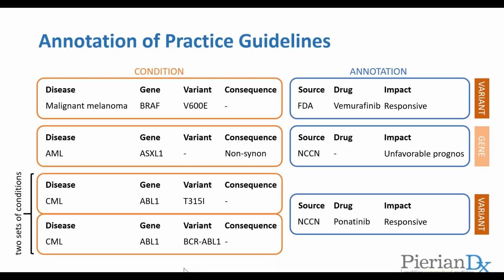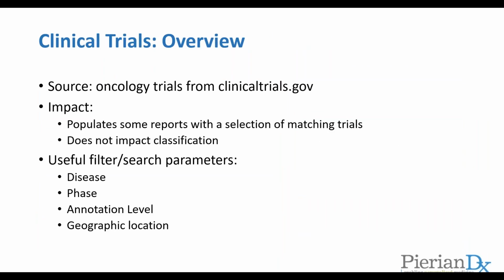As an example of a gene level annotation from a practice guideline, here we have an ASXL1 annotation in acute myeloid leukemia, and here we have no specific variant syntax. We have the consequence of non-synonymous. So any non-synonymous change in ASXL1 could fire this rule, where it's shown that NCCN doesn't have any drug information, but this is associated with unfavorable prognosis in the context of that disease. So again, that is less specific in the sense that there's no particular mutation that is noted, so we have